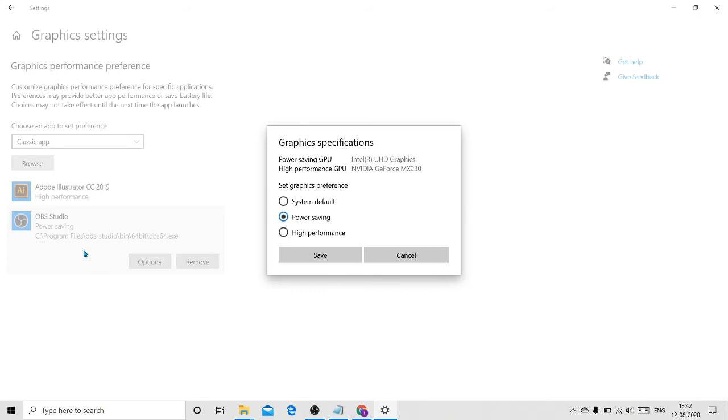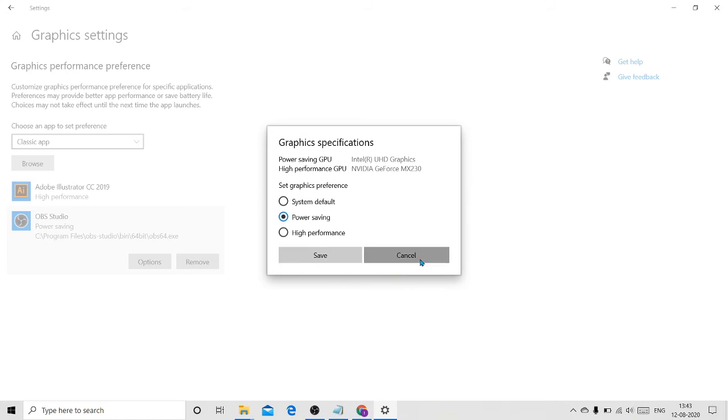So what we are doing is making sure that OBS Studio runs on the power saving GPU, that is the Intel integrated graphics card, and the video is also recorded on the integrated graphics card. By default, video is recorded on the integrated graphics card. So we are changing the OBS Studio settings to make sure it is running on the power saving GPU. After that, you should click on save.